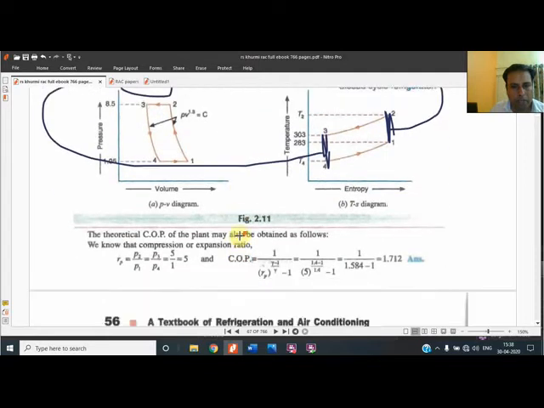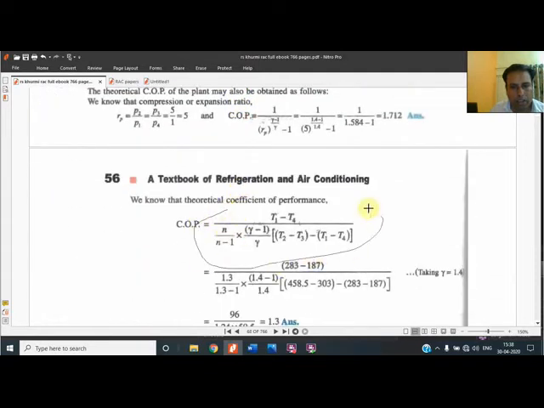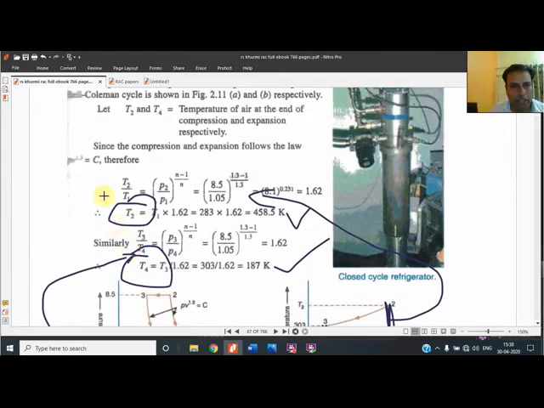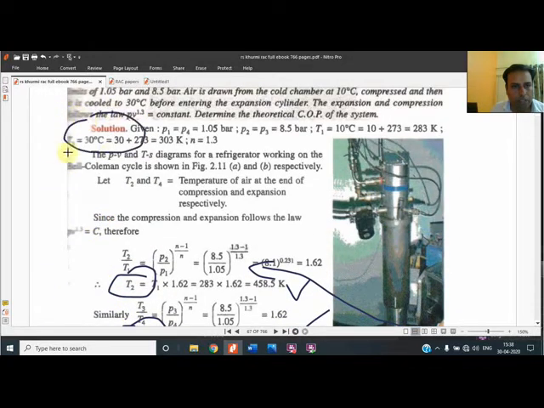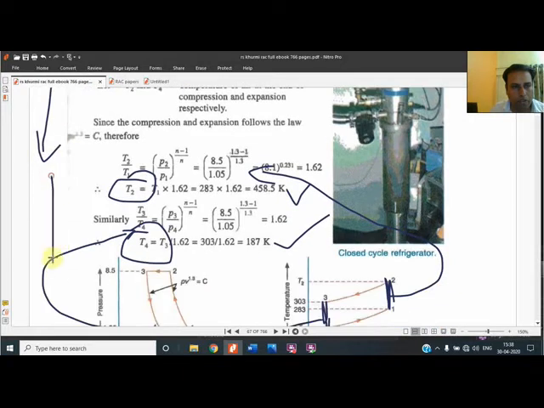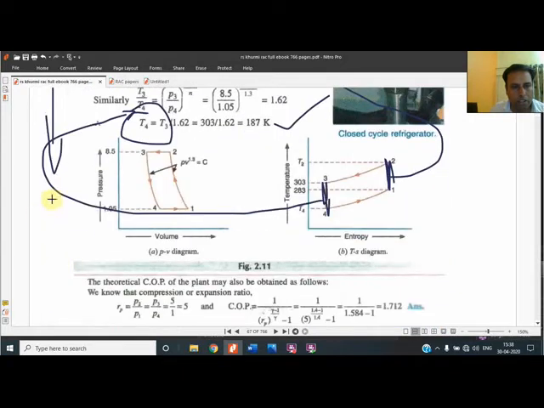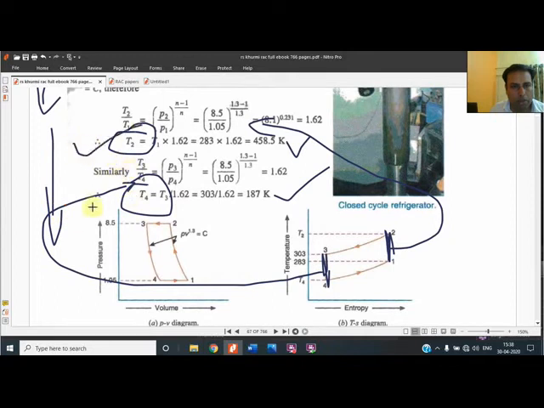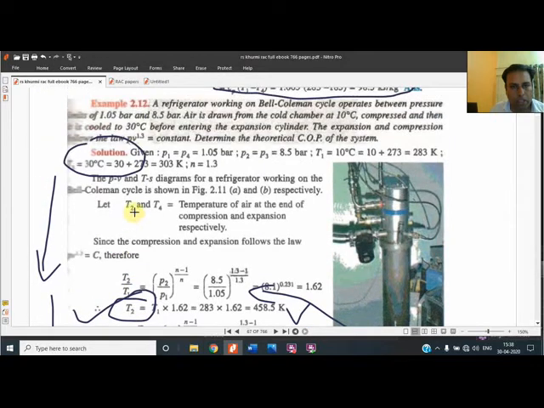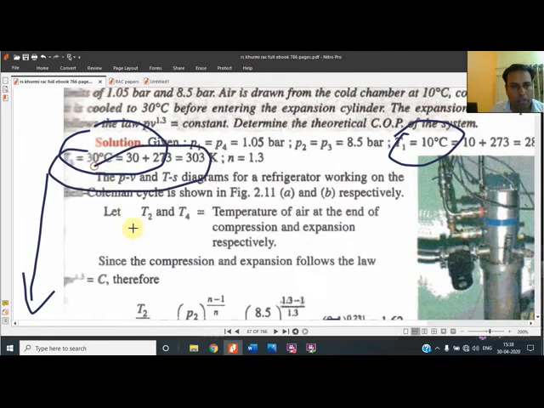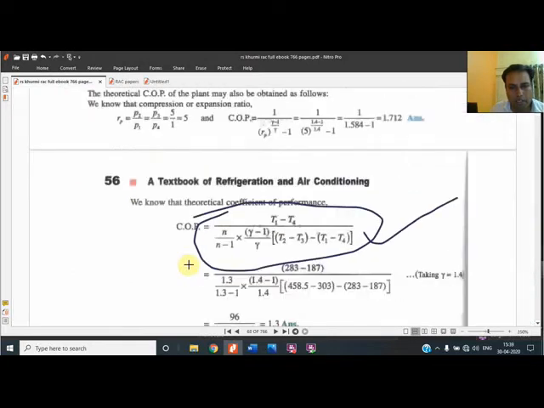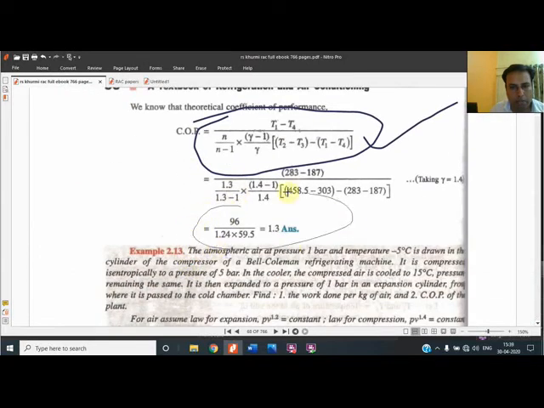And after determining the temperatures, they have applied this formula because N is known, 1.3 upon 1.31, and 1.4 is the gamma. T1, T2, T3, T4 should be known. They have determined the whole exercise from the start. If we move downwards to this point, they have determined the remaining two temperatures, T2 and T4, because two temperatures were given in the question itself. T1 was given and T3 was also given. So out of this, they have determined the two temperatures and the COP is determined.